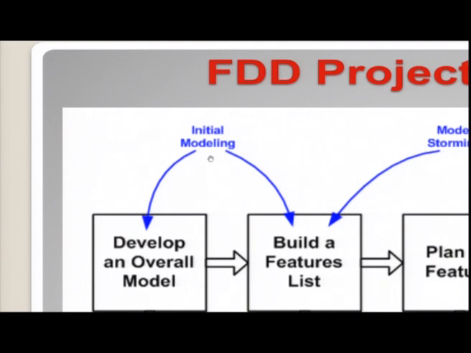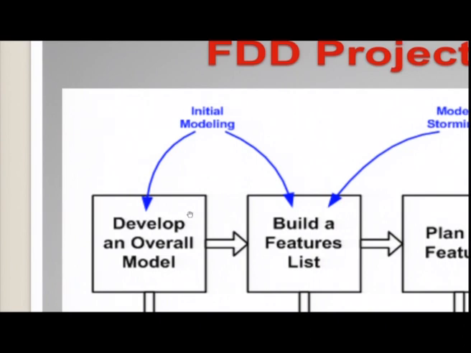Here you do the initial modeling work when you are going to develop an overall model. So, you are going to build a feature team. In the feature team you are going to develop features. The feature will be a model that you are going to develop, that you are going to showcase to the customer end. So, when you develop an overall model, you do an initial modeling, and based